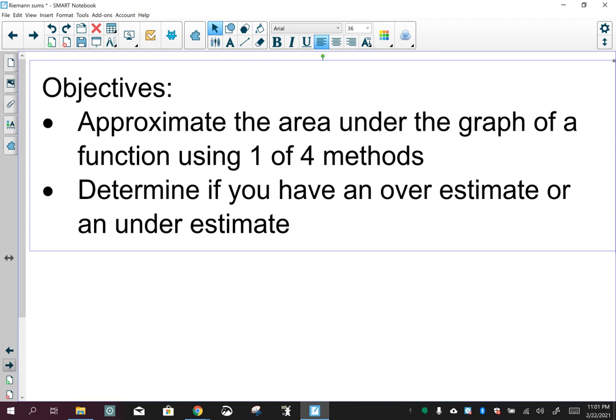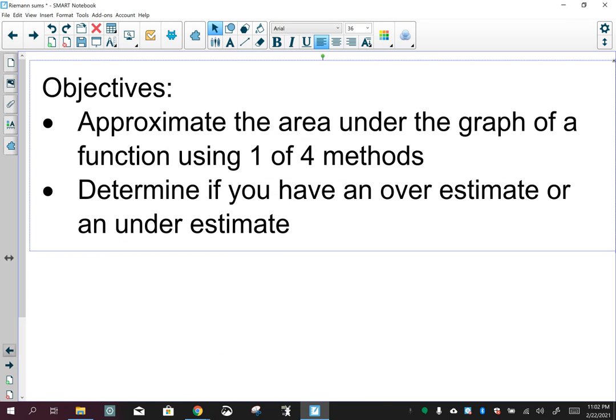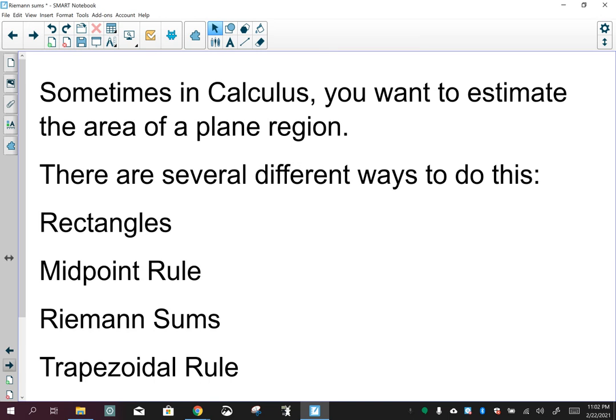And then we're going to also look at if we have an underestimate or an overestimate as we're going through this. So this section, there's a lot of different things, but we're going to start off with the small one first to get you eased into it. And then from there, add the rest of it into the Riemann sums piece. So we are going to look at,